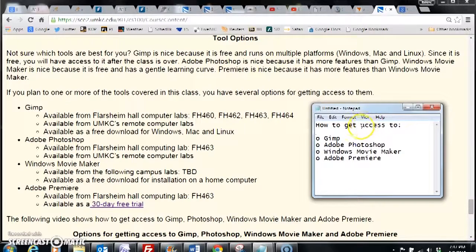This video shows how to get access to GIMP, Adobe Photoshop, Windows Movie Maker, and Adobe Premiere. As you can see from the lesson page, there are many options for getting access to these programs. Probably the easiest way to get access to one of these programs is to simply visit a lab on campus